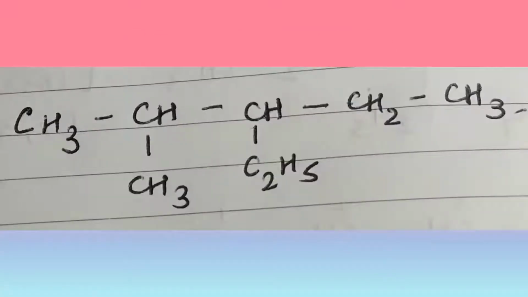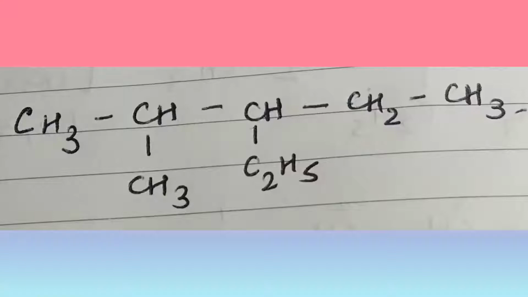So coming to our first example, we all know that the first step in naming any compound is identifying the parent chain. That is nothing but the carbon chain having the maximum number of carbon atoms. So in this example, we get to know that the longest chain of carbon atoms here has 5 carbon atoms present in it.